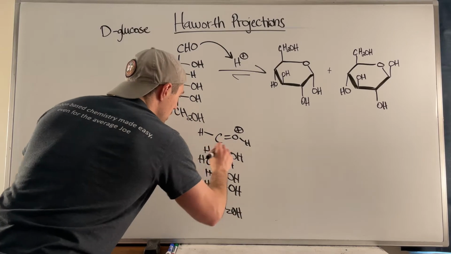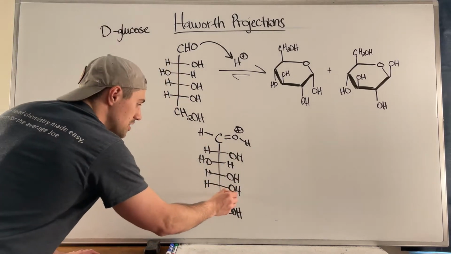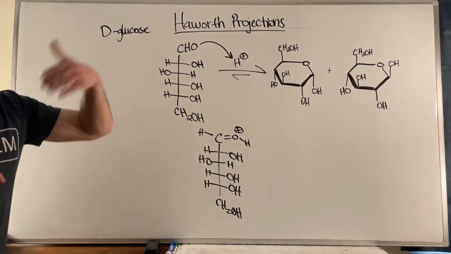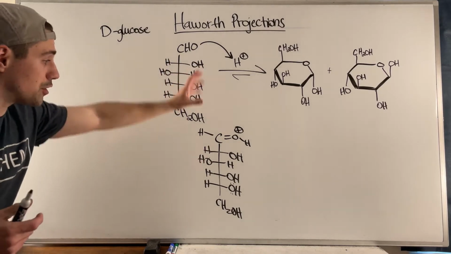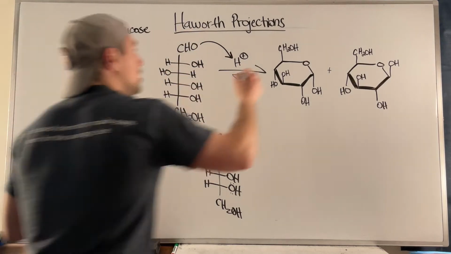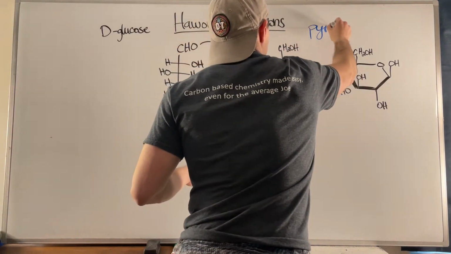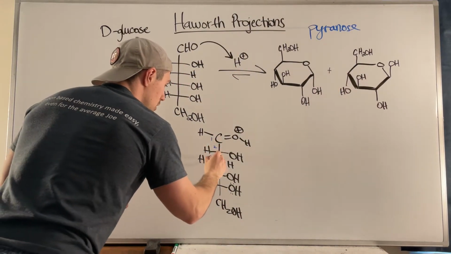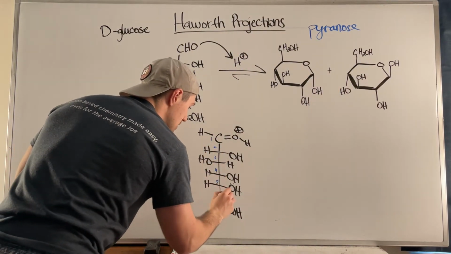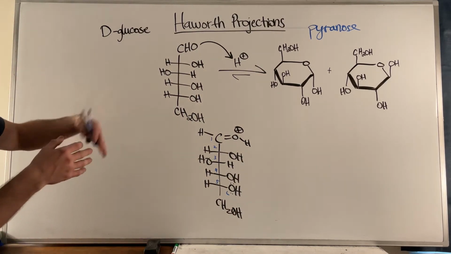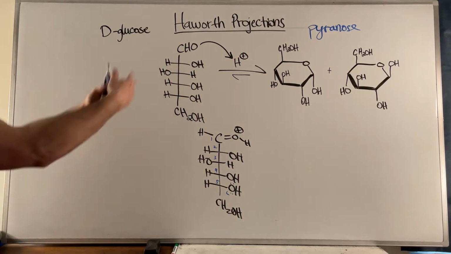And then remember, the whole idea is that it's the oxygen at the bottom that really determines the D or L-ness of your carbohydrate that does the attack. Because for forming a pyranose, a six-membered ring like this, we're going to have 1, 2, 3, 4, 5, and 6. Now, remember, for ease and also showing what was on top and on bottom of the ring we're about